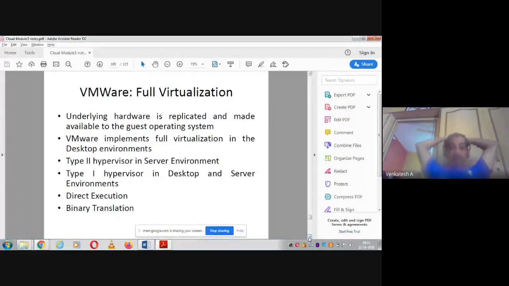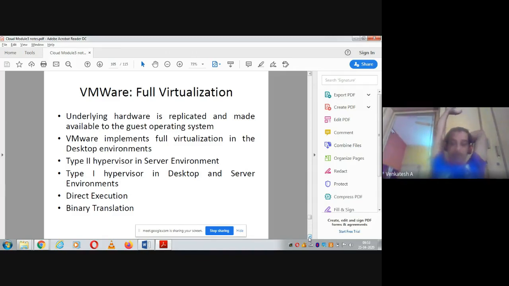So that means when we install VMware, the hardware is replicated and made available to the guest operating system. That means it will create a virtual copy of the available hardware resources, let it be processor, IO channels, the RAM, storage, anything. So it will do the mirroring, create a replicated copy, and make it available to the guest operating system.